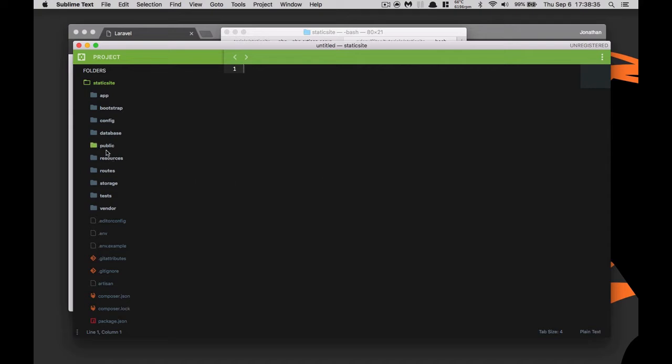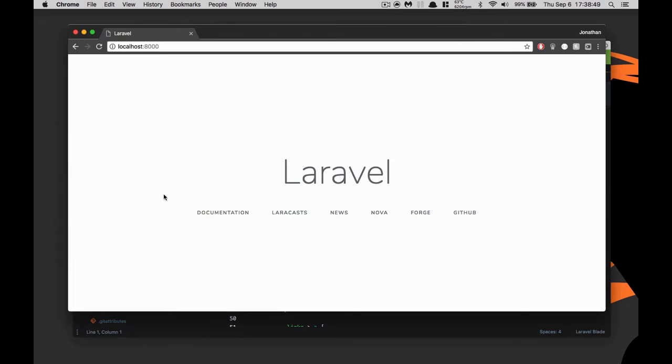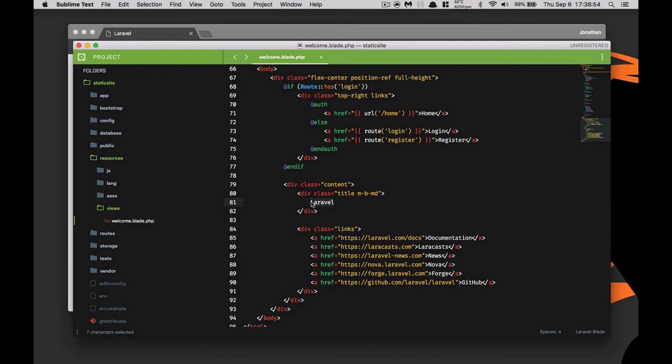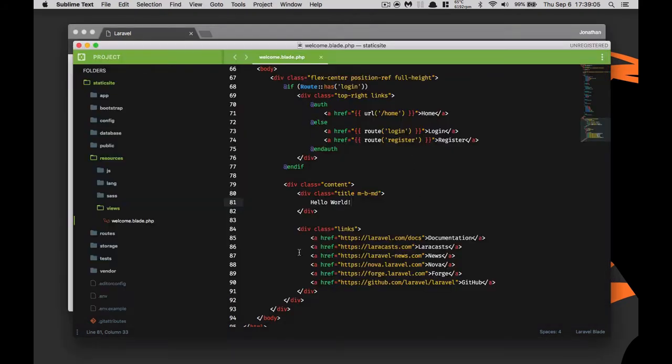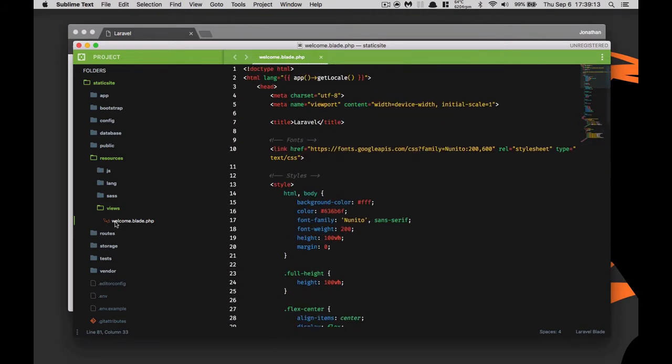So there's 3 locations that we have to remember: resources, views, and here is all of our views. So far we have our welcome.blade.php, which is this page here, okay? And as you can see, if I change this Laravel to hello world and save it, and then I go back and refresh, it changes right here. So this is our view, and this is just a normal HTML file, but we have it saved as